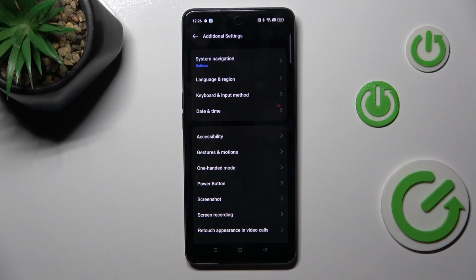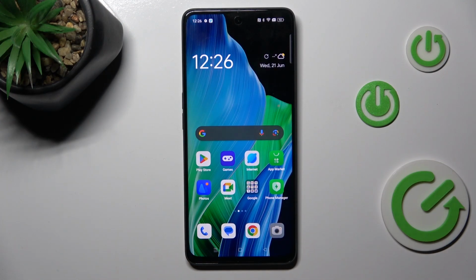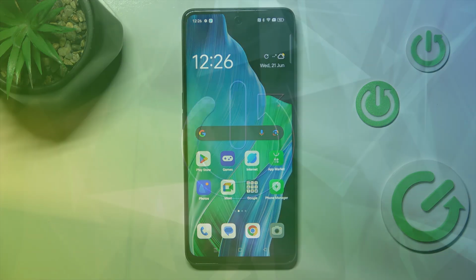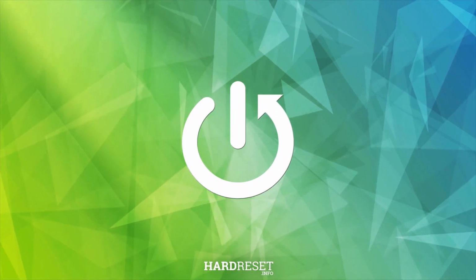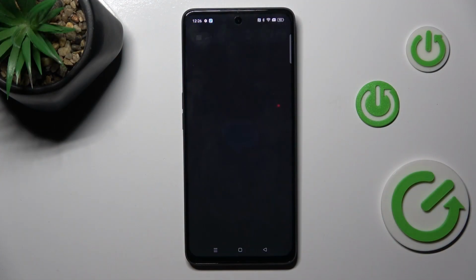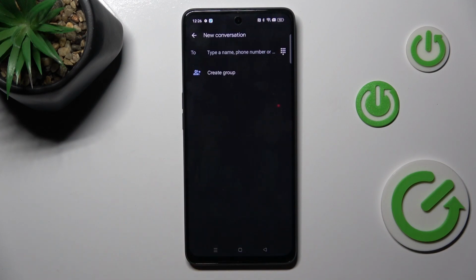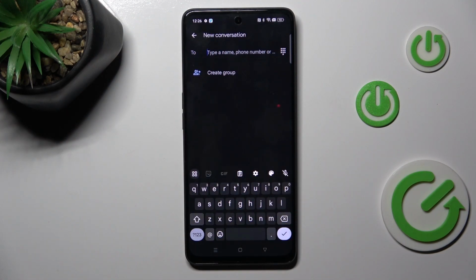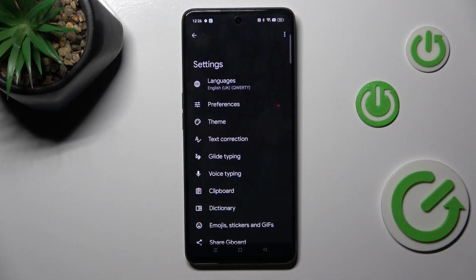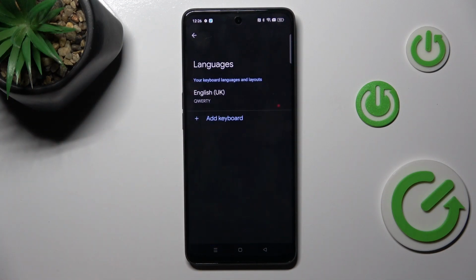Good morning guys, in front of me is OPPO F23 and let me show you how to change keyboard language on this device. So at first open new message. Once you are in keyboard, all you have to do is to click on settings icon, then select languages and